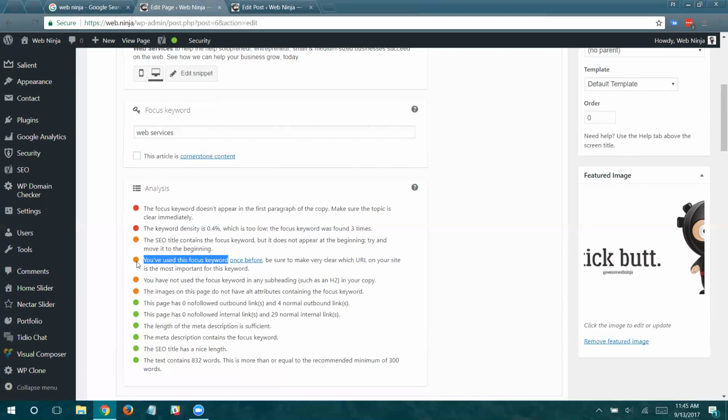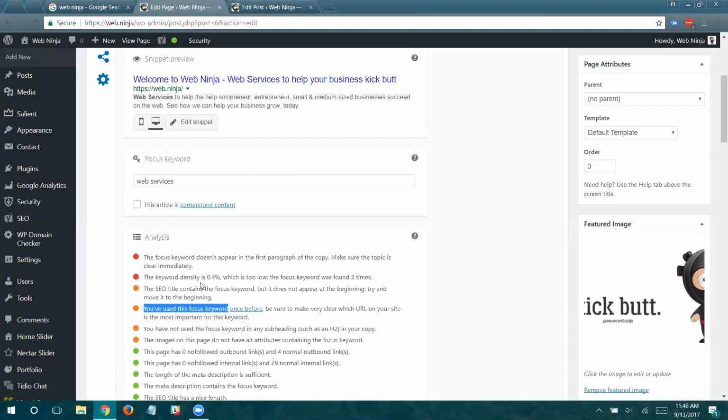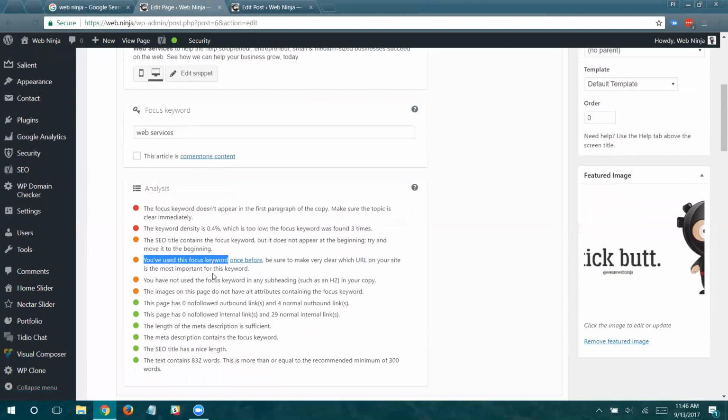So I'm really grateful for this orange light, because I might just start doing web services all over my website, but that starts looking spammy to search engines. And you really can't fool the search engines anymore. They're on to everyone. They've gotten really smart, sometimes too smart, because they can actually penalize you for using their own tactics the right way.